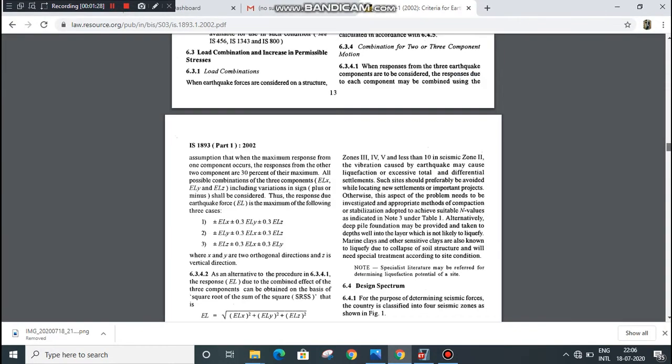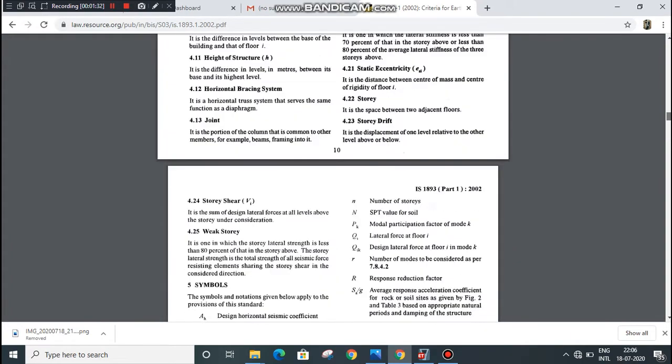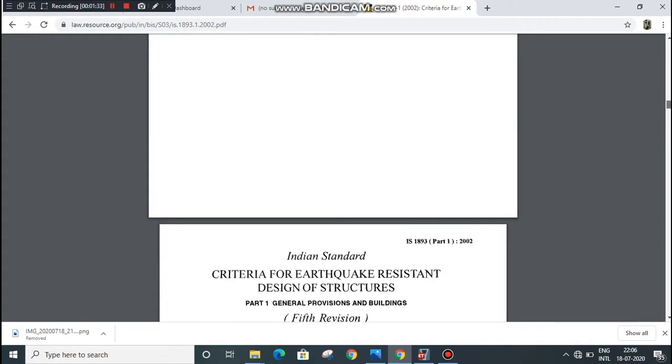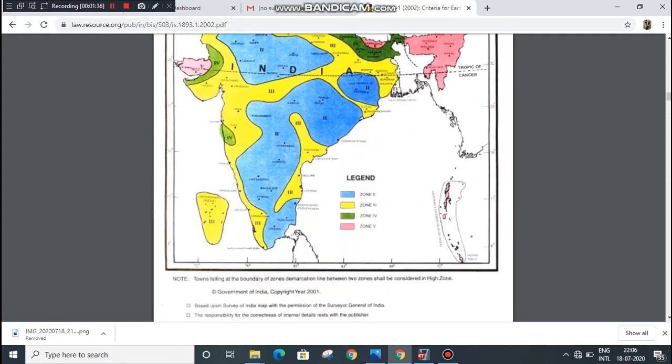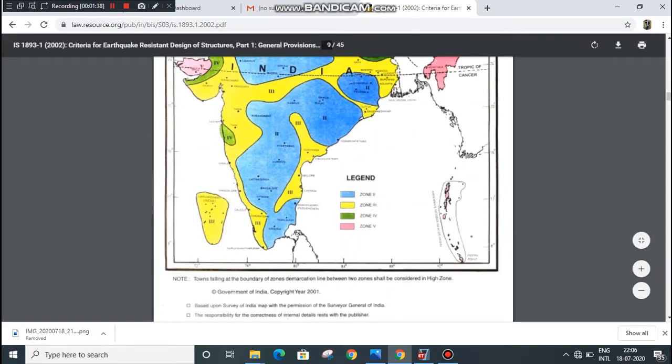In the map, we can see that for Bangalore there is this is the blue zone, which is zone 2.